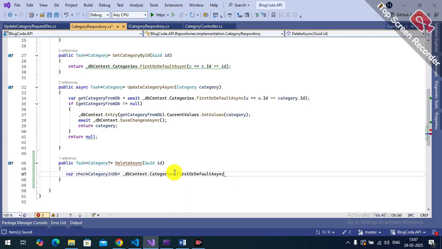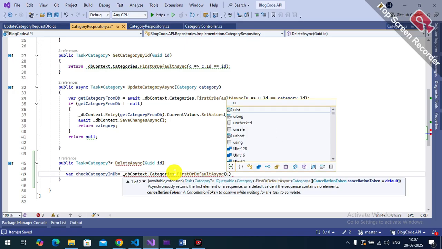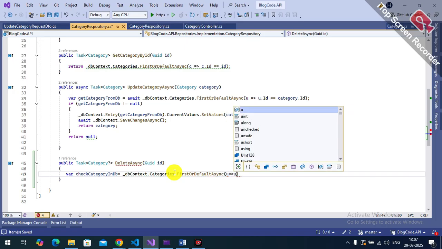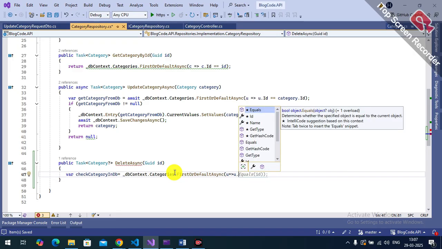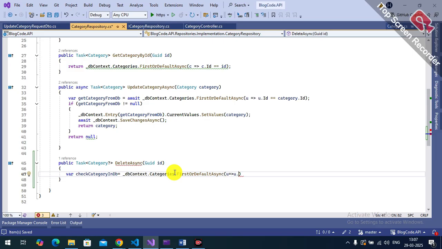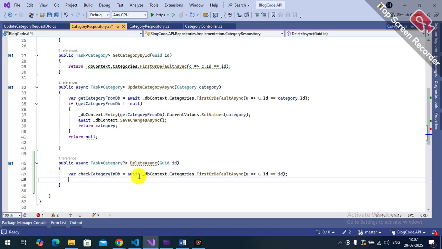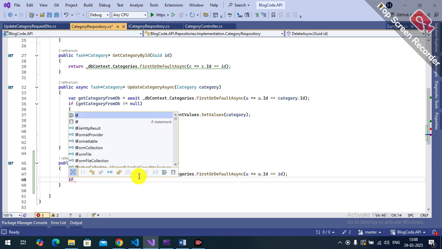First or default async we can take, and then we can write u goes to u dot id equal to id, right? And then we can write the await, because we are using async method,